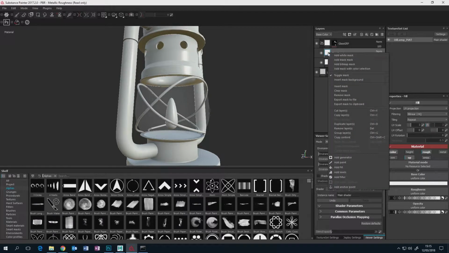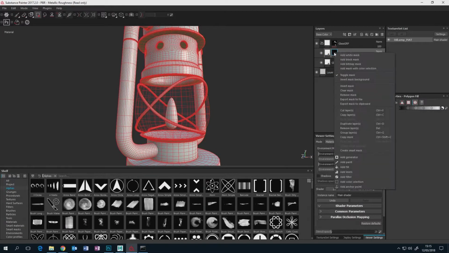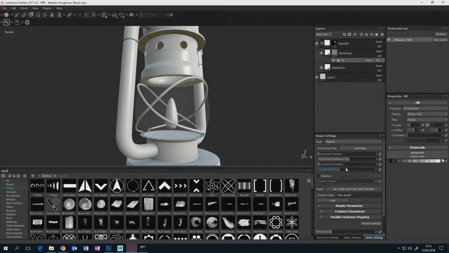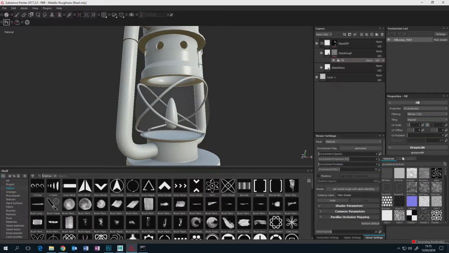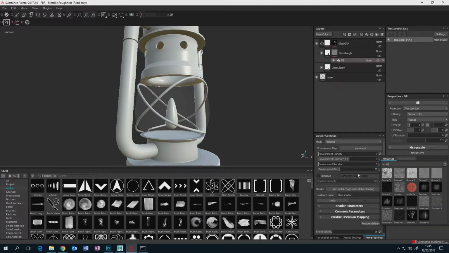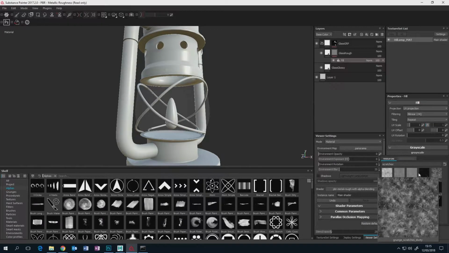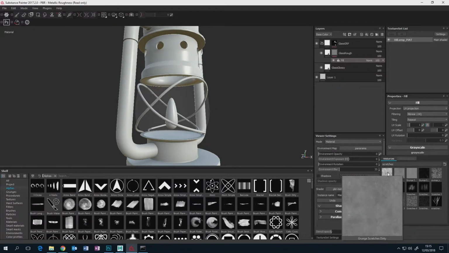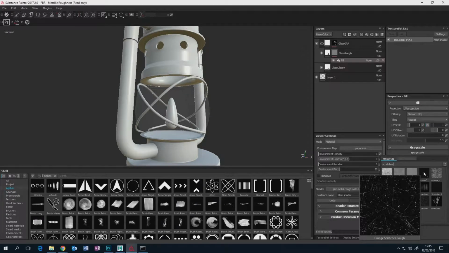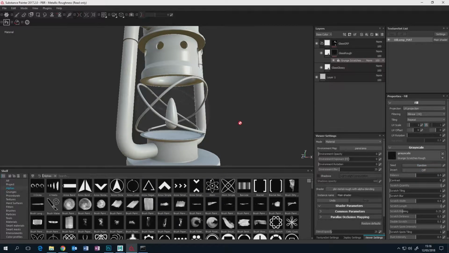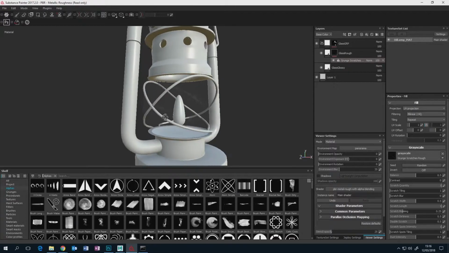so I need to blend this with a black mask, and I'm going to go into a fill. I'm going to add a fill here, and in my grayscale I can type in something like scratches. Hopefully there will be some procedural scratch textures here. So I actually want something more like that. I want something almost completely black, but with lots of little scratch marks on it. So I'm going to click that, and you can straight away see the scratches there, but they're a bit too